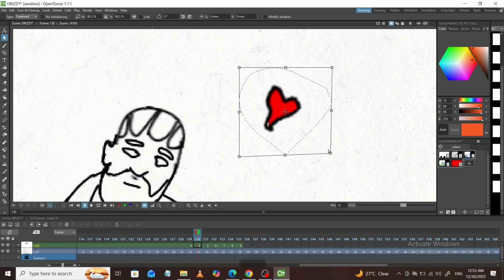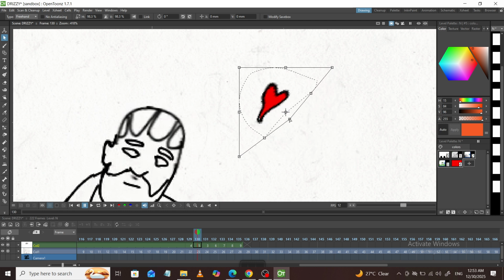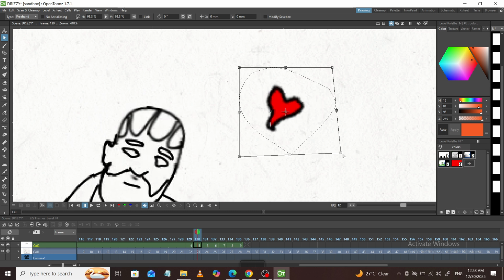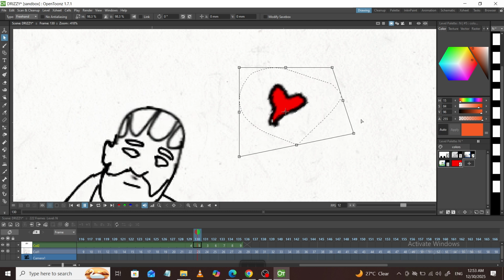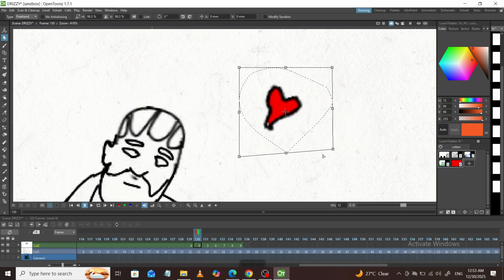When you're satisfied with the transformation, press Enter to apply it or simply click outside the selection area. This confirms the change and locks it in. If something looks off, you can reselect the object and make further adjustments using the same steps before committing again. That's all it takes. Select, adjust with the handles, refine in the